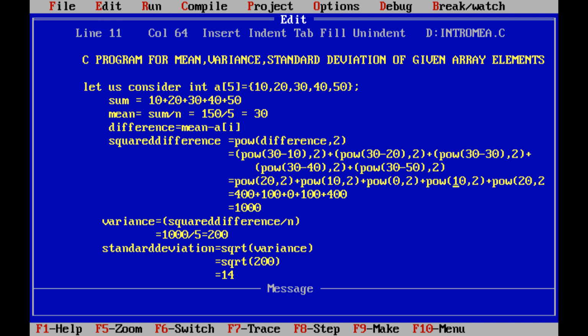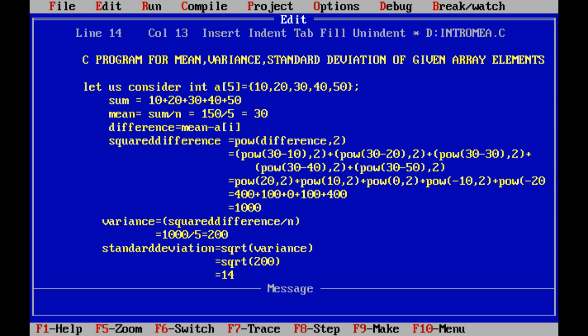Next pow(minus 20, 2). Applying the power function on the difference values, we get 400 plus 100 plus 0 plus 100 plus 400. The total value is equal to 1000.